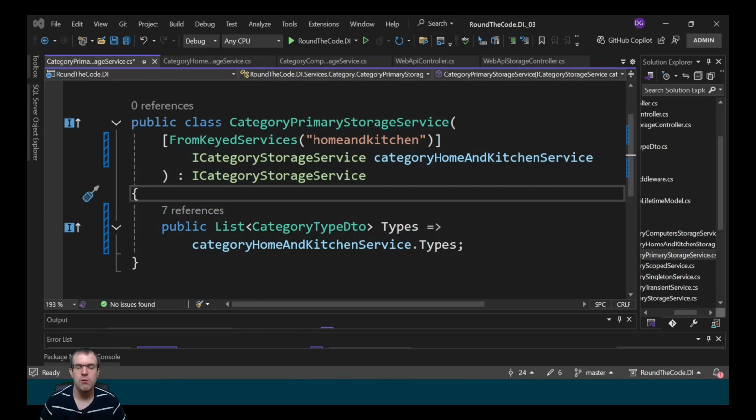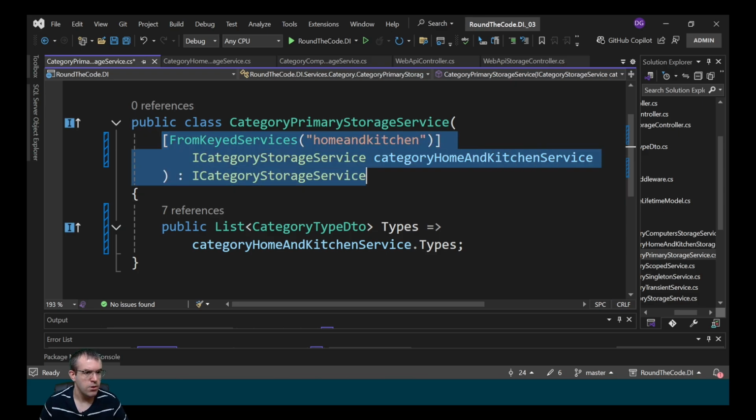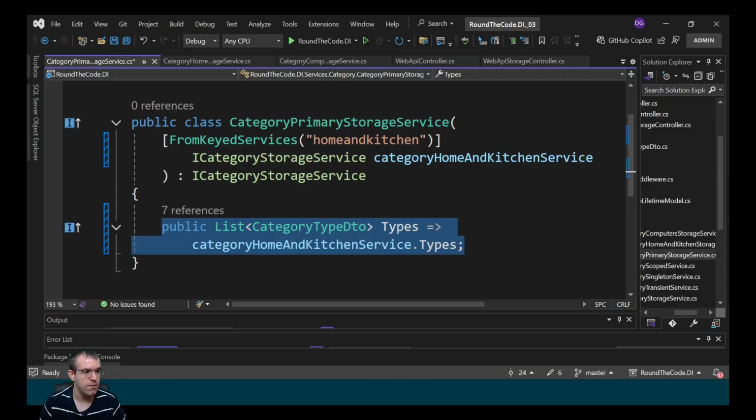Keyed services can also be injected using primary constructors. This is where we inject the keyed service as part of the class declaration. So we're injecting this service in a similar way. We have to add the attribute, the type, and the name, and then we can use that instance throughout the